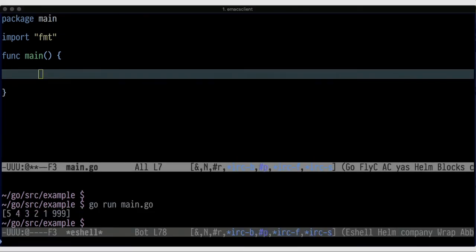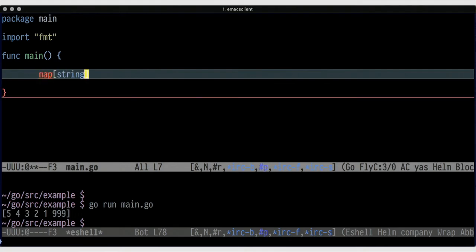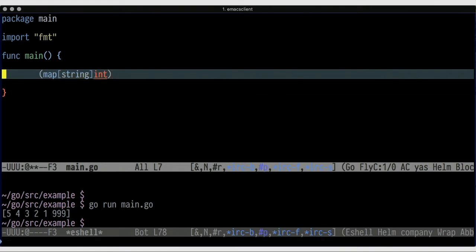Go also has a data type called maps. Maps are basically dictionaries or associative arrays. So to declare a map, you use the keyword map followed by the type of the keys in brackets, and then after that, followed by the data type of the items that you want to put into the map. So I'm going to make a map with the keys being strings, and then it's going to hold a value